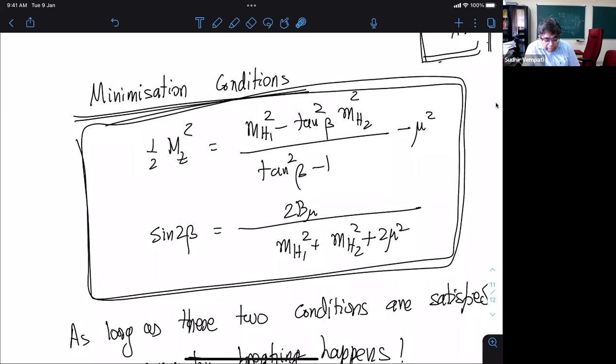You can reduce the number of parameters in your Higgs potential by using these minimization conditions, because you can trade tan beta, and in principle you can also trade mu square, because your mu square, a supersymmetry conserving parameter, is now determined in terms of supersymmetry breaking terms